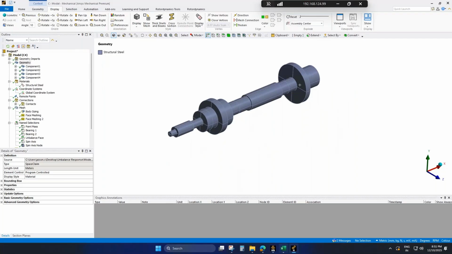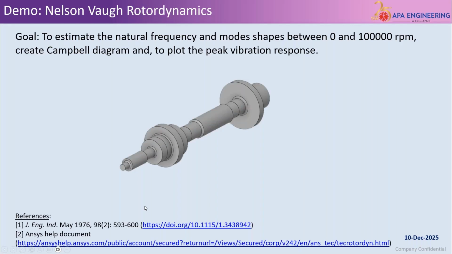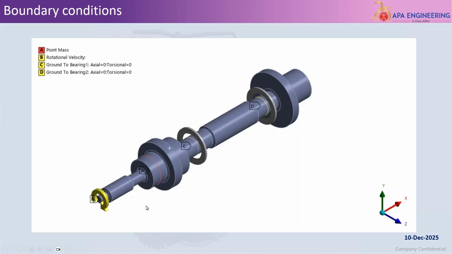I want to show you the boundary condition once. I have it on my slide. Let me show it. What we'll do is apply a rotational velocity to the rotor, and we'll model a point mass at this location. You could see this label A, right? At that location, we will create a point mass, and at locations C and D, we will create a Combin214 Ansys bearing element.